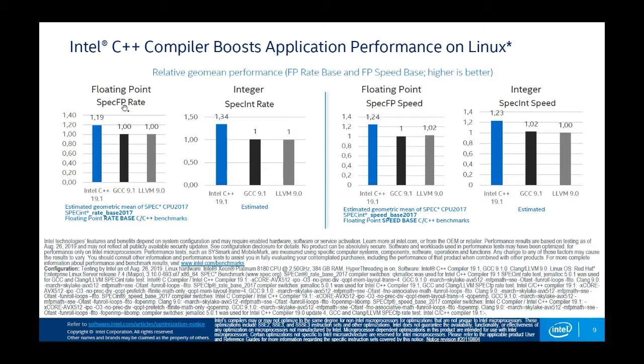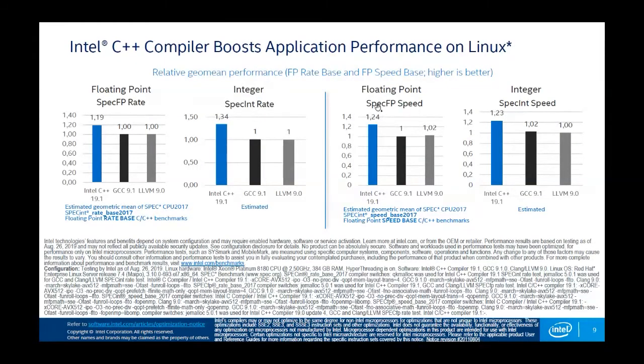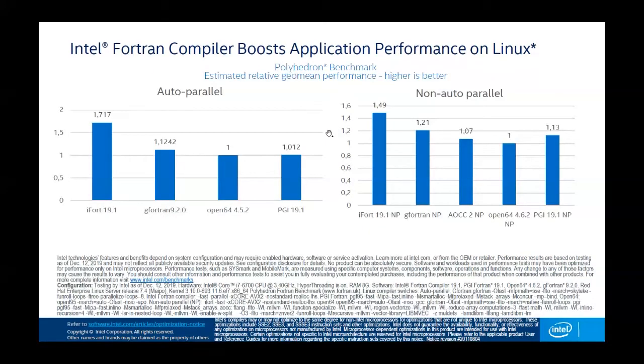using the SPEC benchmark, which is very common for benchmarking. And also it's seen that the use of Intel C++ compiler obtains 19% of gain in comparison with another free compiler such as GCC or LLVM. And it is using, for example, integers or floating points. In integers, the performance will be a little bit higher, but all this scenario will be repeated